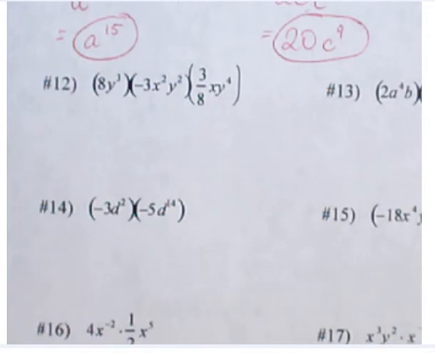The key to this and all the things we do this week, no matter how complicated it looks, if you know the rules, you just follow the rules. And what the rules say is that when you multiply monomials, when you multiply variables, you keep the base, you add the exponents. So in number 12,